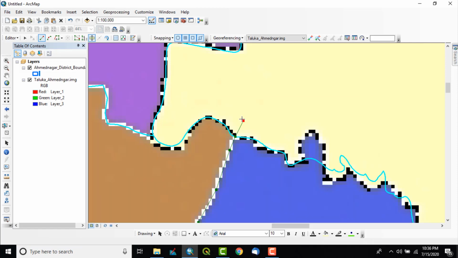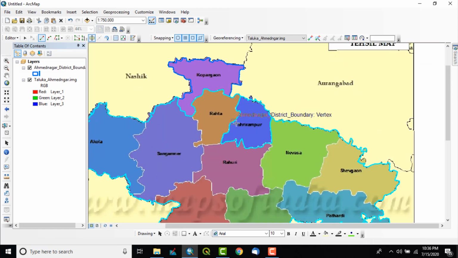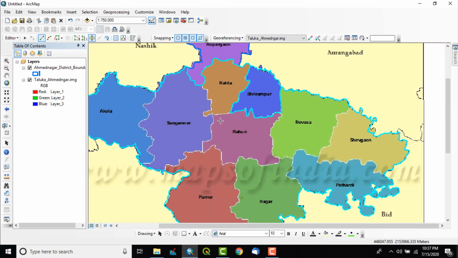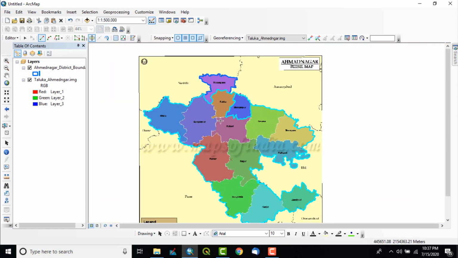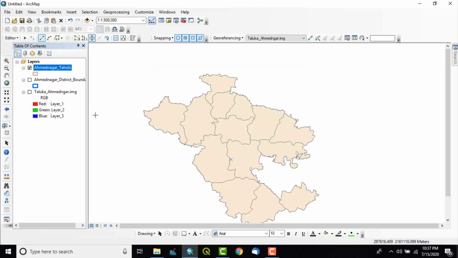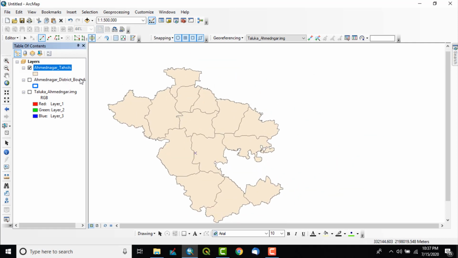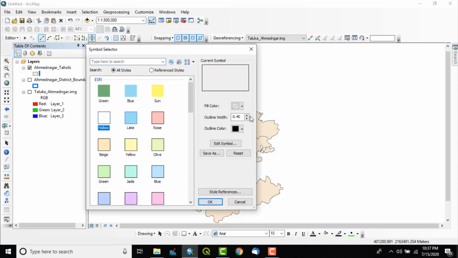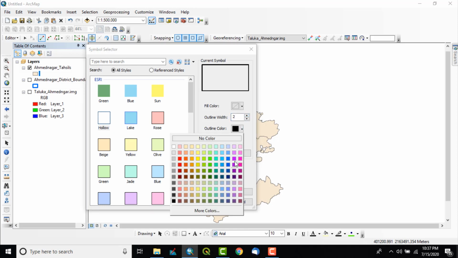Again go outside and double click. In the same way I have generated Srirampur Tehsil. In this way each and every tehsil can be cut and digitized with the cut polygon option, and finally we can get the finished map. I will show you how it looks at the end. Such a tehsil map of Ahmednagar district can be achieved out of this task.